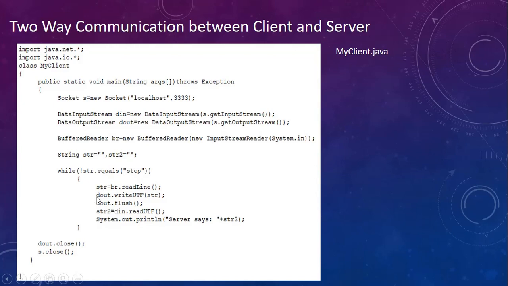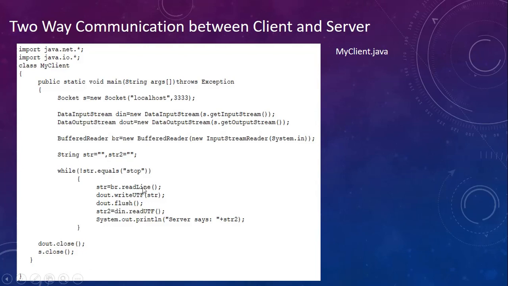What will continue? First, it will read. So str equal to br.readLine(). Whatever you type from the keyboard, the readLine method is going to read it into str. So what is br here? br is the BufferedReader. I've used BufferedReader because I'm going to type something from the keyboard.